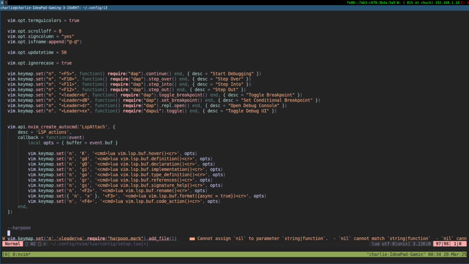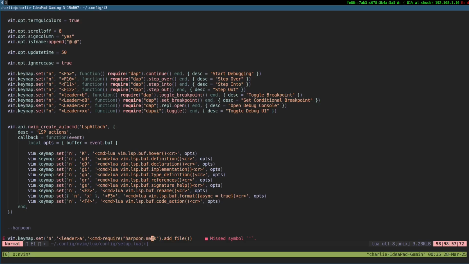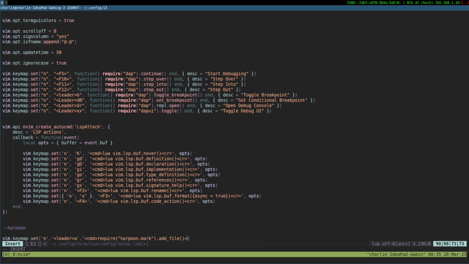That'll be cool. I guess I never used Lazy for my thing, but looks like I can do that. Okay, I should just add it as a command probably. Command lua vim.buffer, and yeah, end it as CR.